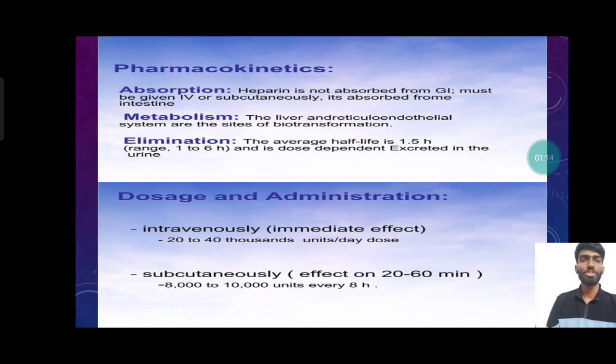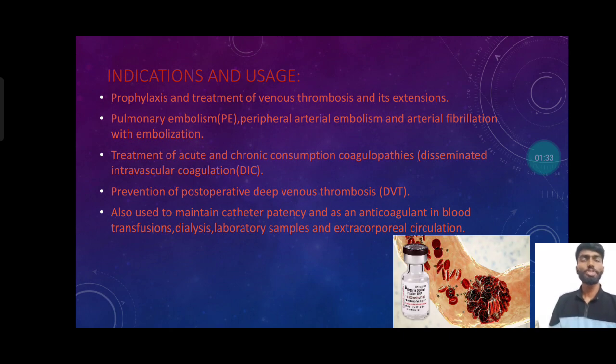Dosage and administration: for immediate effect we have to give it intravenously, 20 to 1000 units per day. Subcutaneously, the effect comes after 20 to 60 minutes, and 8000 to 10,000 units we have to give every 8 hours. Indications and usage: prophylaxis and treatment of venous thrombosis and its extension, pulmonary embolism, peripheral arterial embolism, atrial fibrillation